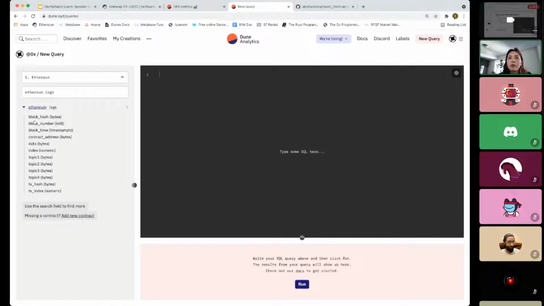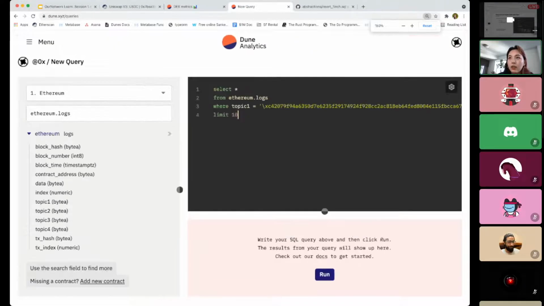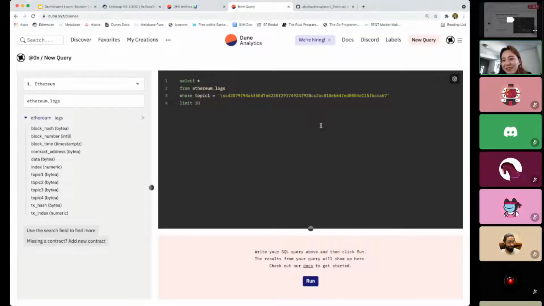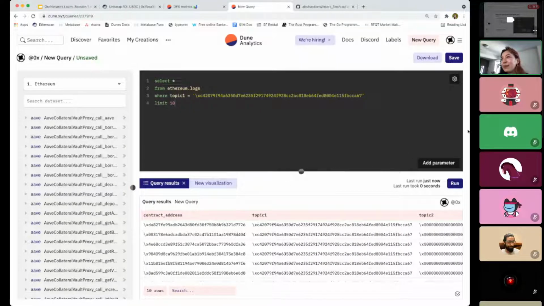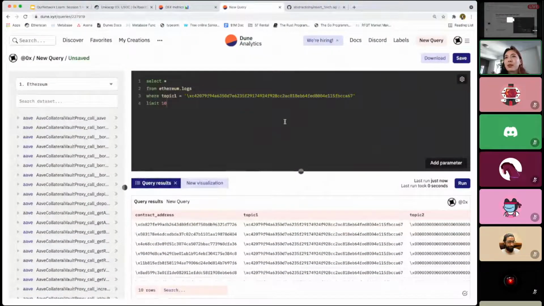Remember, for this table, topic 0 is actually topic 1. So we can just select everything from Ethereum logs where topic 1 equals this, and always switch the 0x to a \x, which is bytea, and then always limit it. I'm the kind of person who doesn't capitalize stuff, but don't hate me. So it's basically how one Uniswap swap event looks like in the